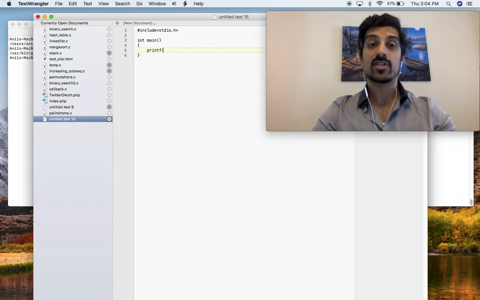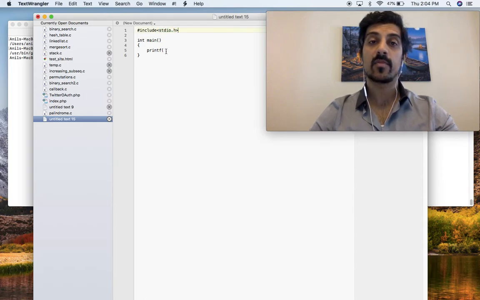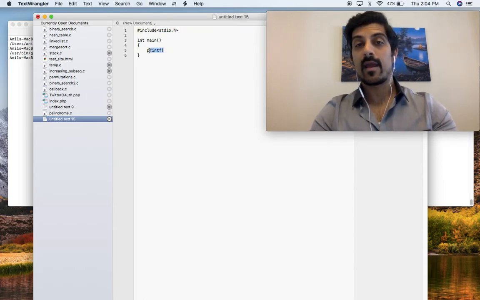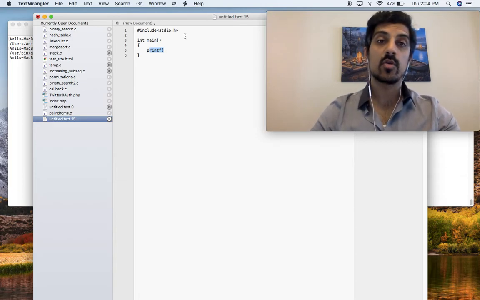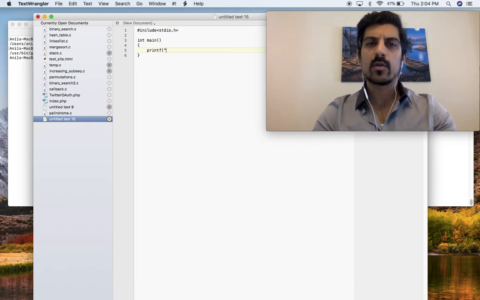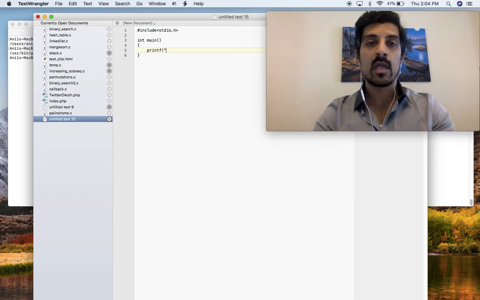And this printf function is actually defined within this standardio.h header file. So if you don't include this, your program will spit out an error when you try and call this printf function. So make sure you do have this standardio.h header file included at the top of your program. So printf, and then whatever you want to print. Printf is short for print file. In this case, we're just printing out to our screen, our console.